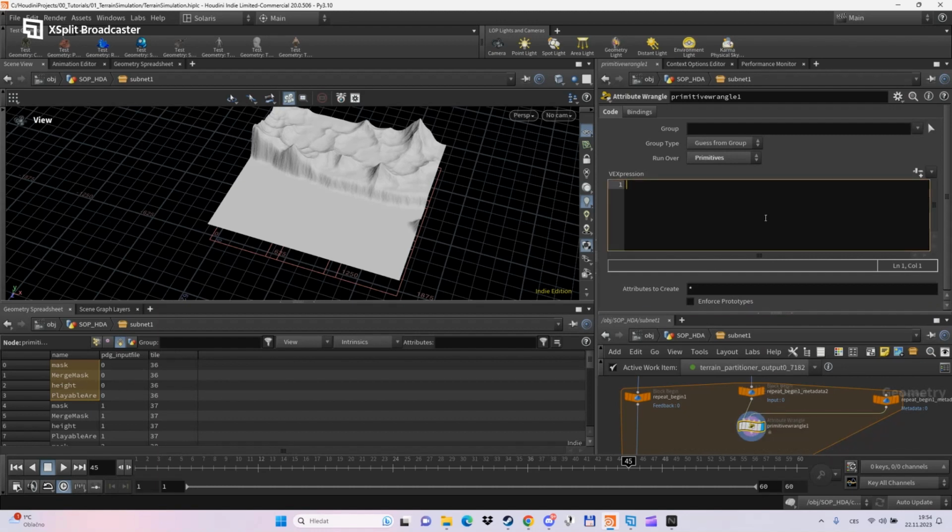So integer current iteration detail 1 iteration 0, and if attribute PDG input file